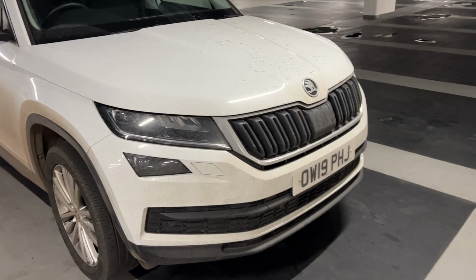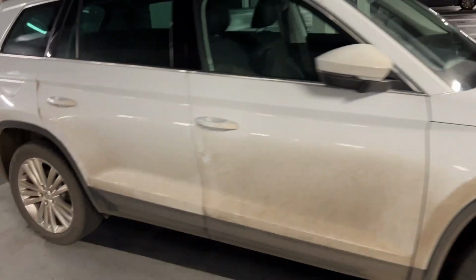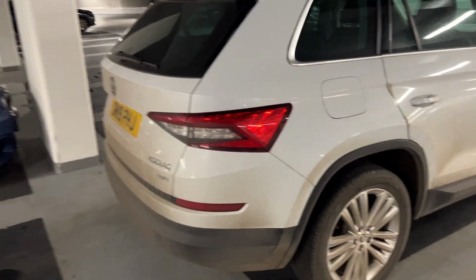Now here's another SUV. This is a Skoda. This is a Skoda emblem. It's pretty messy, this car looks like, but it's based on Audi, of course, because Audi Volkswagen owns the Skoda brand. So this is also actually a very popular brand that we don't get